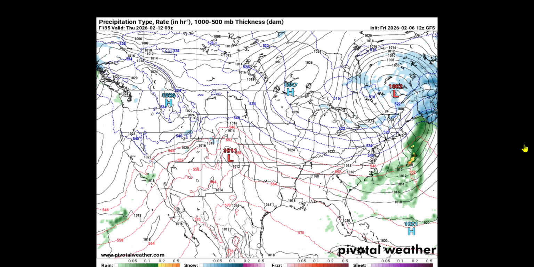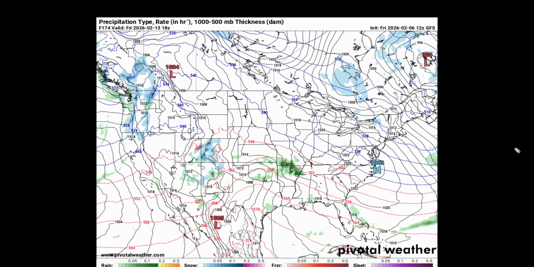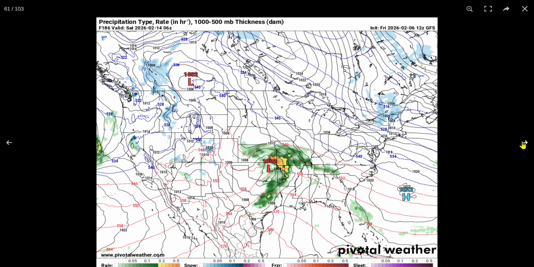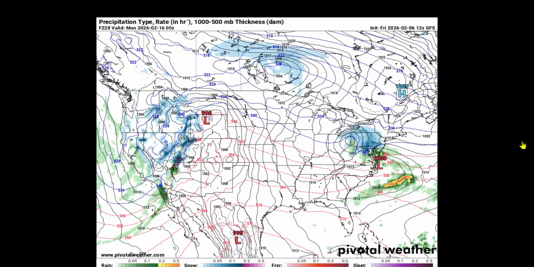We have that little system move through, and it brings more zonal flow. Not really much. We have a little bit of a ridge out west and a slight trough in the east, but overall nothing too significant. We get this more zonal flow, except for a slight ridge in the central states. It's generally not really anything too defined until we get to this pattern where this system moves through, and